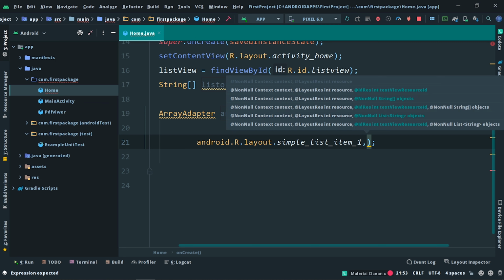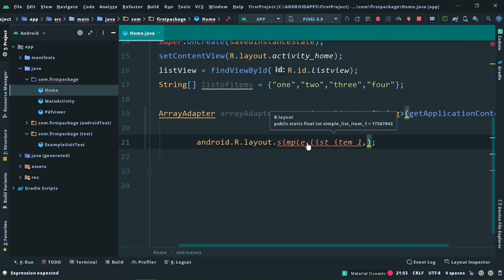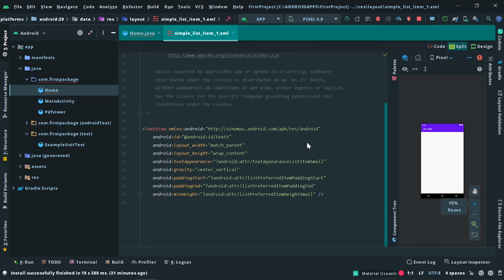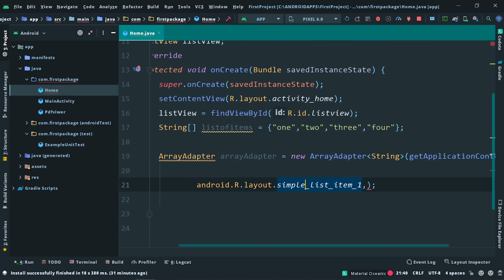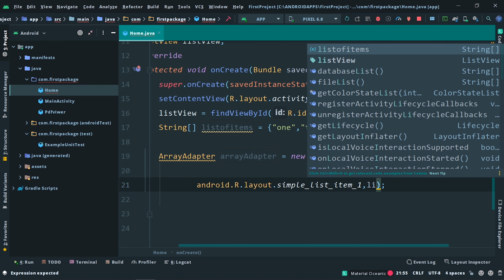Just hold Ctrl on your keyboard and place your cursor on simple_list_item_1. After clicking that, you can see the layout file. This layout file consists of a simple text view. Now we need to give the array name, that is list of items.